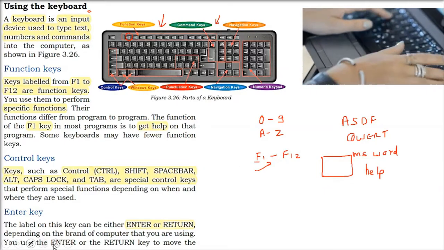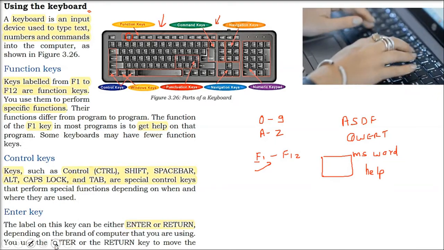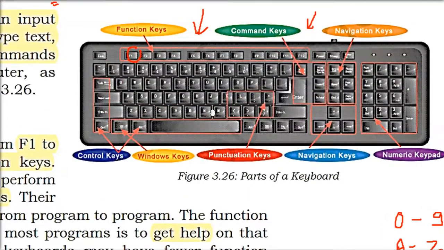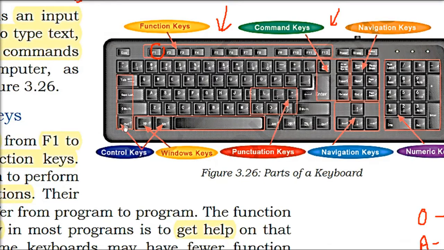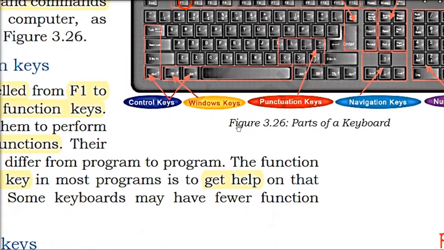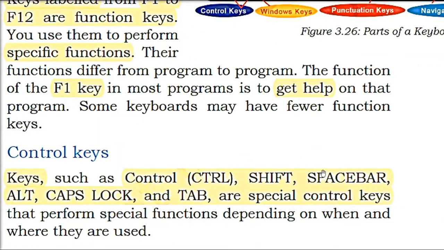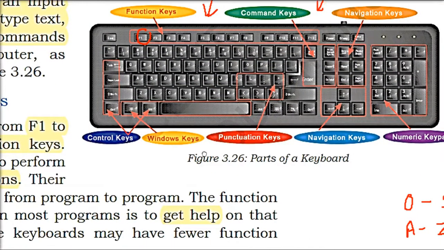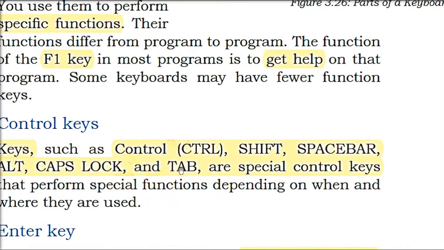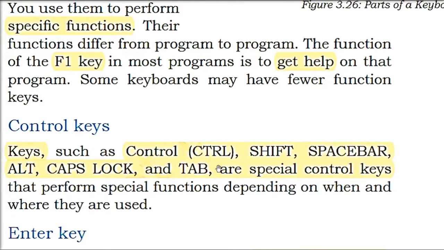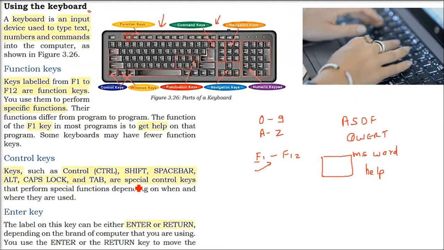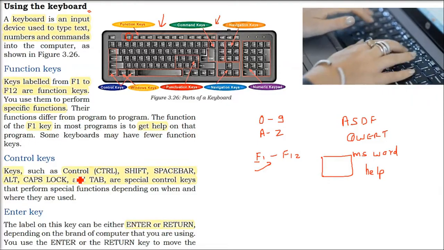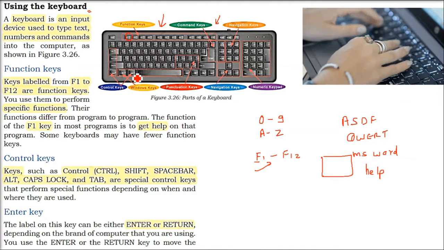Control keys. What are these control keys? Let me show you. First of all, the control key is the Control key. So we have the CTRL key. Then we have Alt, Shift. So we have the space bar, Caps Lock, Tab. So these are all the control keys. Tab is like the space bar, meaning 4 spaces. So wherever it is used, by itself it will work or it will work in combination.